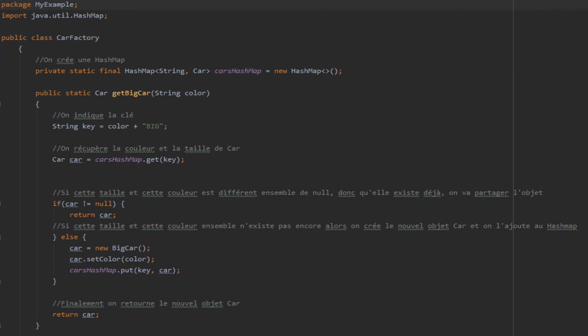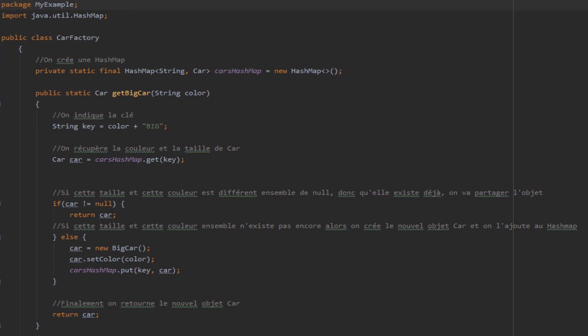All these methods are quite the same, and they all ask for a String argument, which is the color that will be added by the client. You will see that later, and it returns a Car object. So let's take a look at this getBigCar method. It works like this.